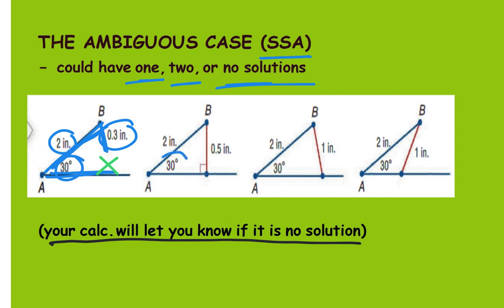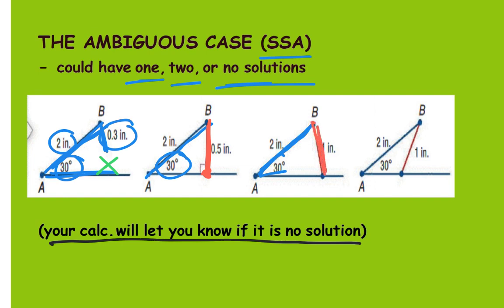The next situation is your angle is set, your side is set, and then the second side right here could be just perfect enough to where it only hits at one time. And so there'll only be one solution. The next scenario is your angle is set, this side is set, and then this